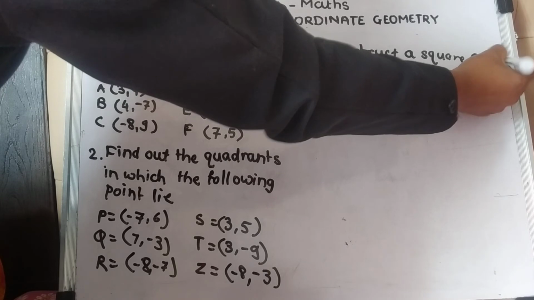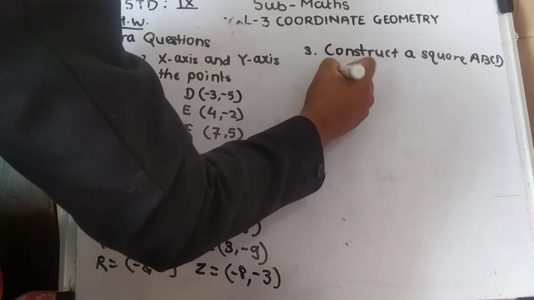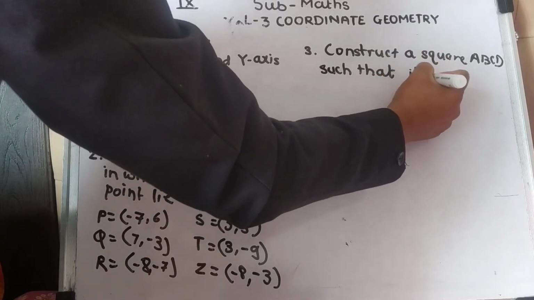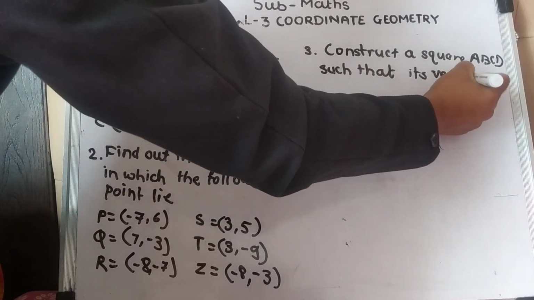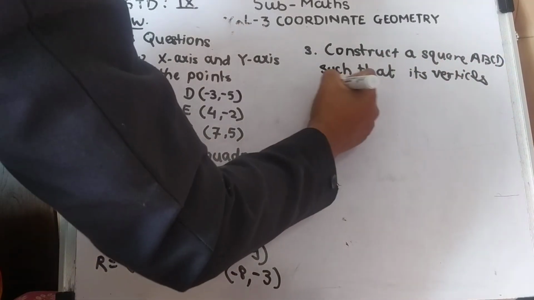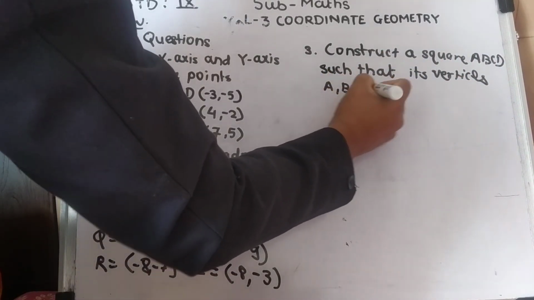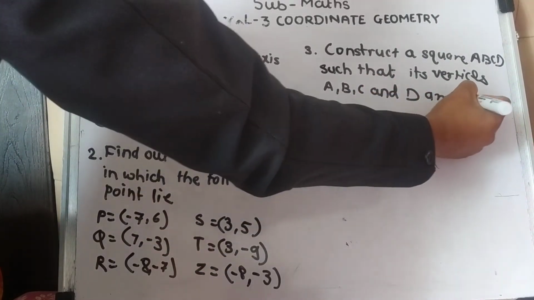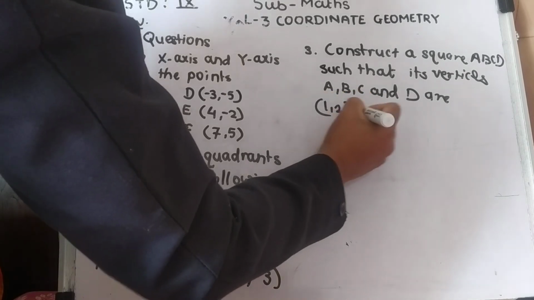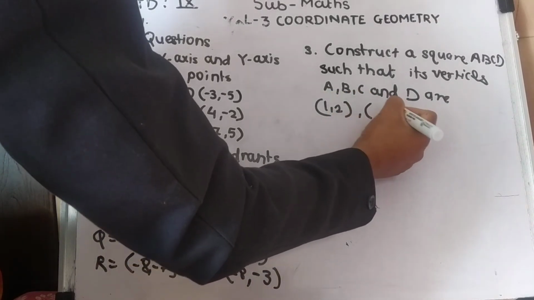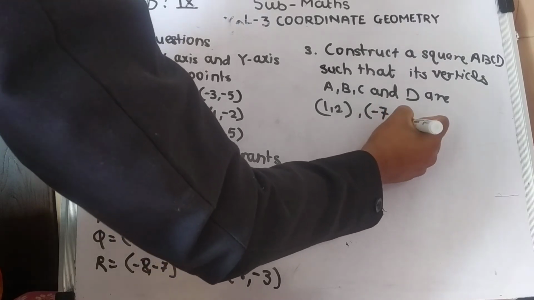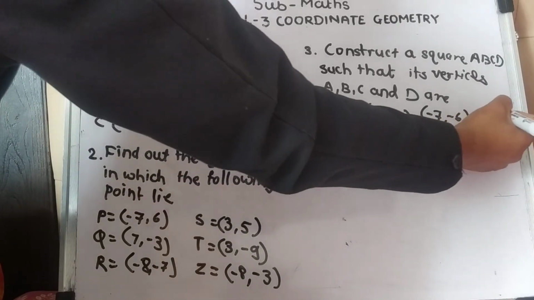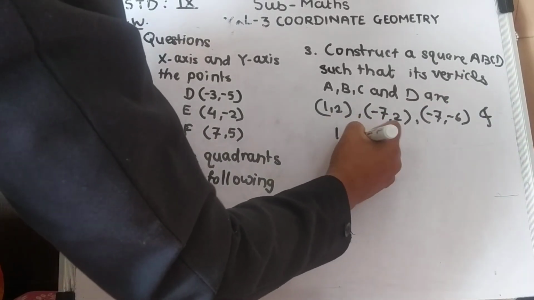Square ABCD such that its vertices are 1, 2, then -7, 2, then -7, -6 and 1, -6